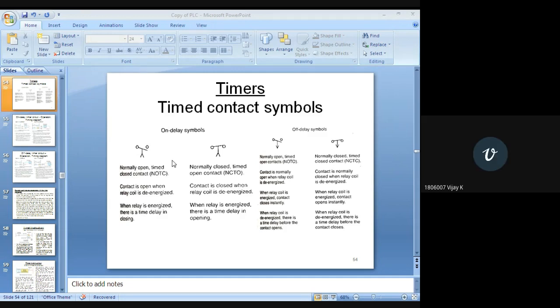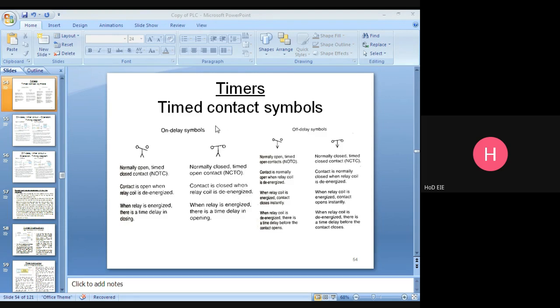Yes, sir. This one is normally closed, timed open contact. Okay. The contact is closed when the relay coil is de-energized.